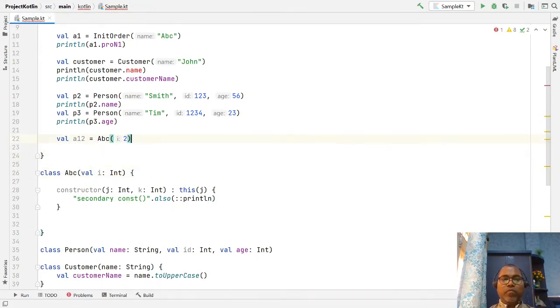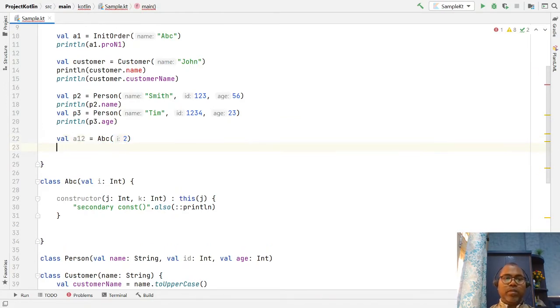And if you pass the secondary constructor arguments like 1, 3, then your secondary constructor is invoked, and the secondary constructor chains to the primary constructor as well.